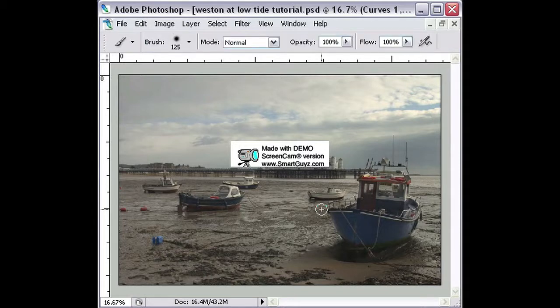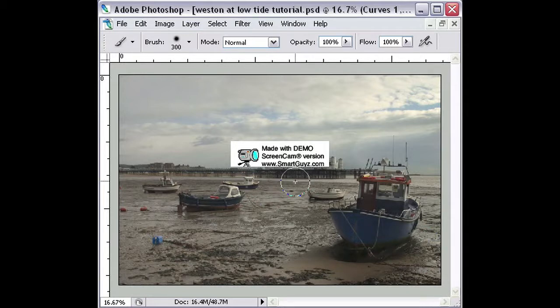I'm going to go back to my brush tool, select white as my painting colour, and I'm just going to paint in white in some of the areas that are notably darker. So this upper corner here is probably just a little bit dark. I take the edge off that a little bit. This region here is definitely quite a bit darker, so I'm going to take quite a lot of the edge off that. And that little line through there. There's a sort of a generally darker region here. I'm just going to, you might not even see what I'm doing, just sort of layering it in a little bit,